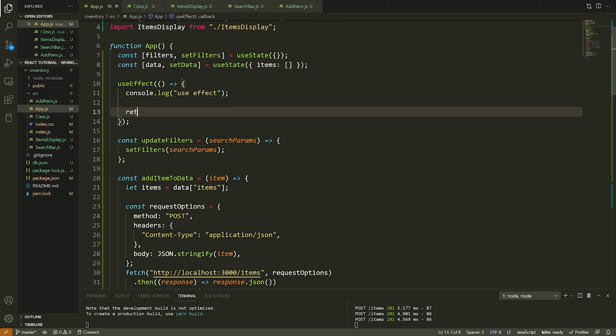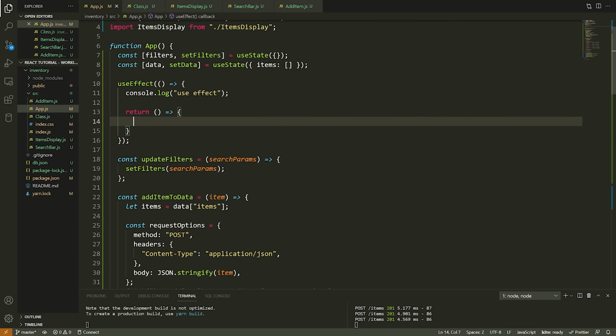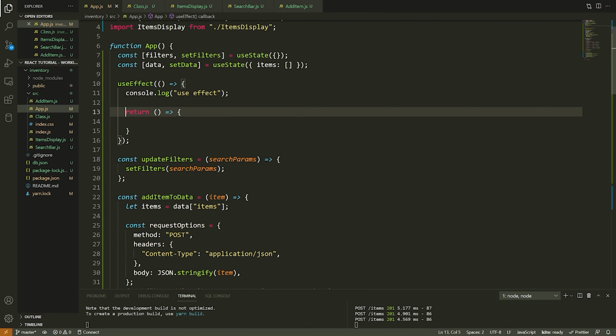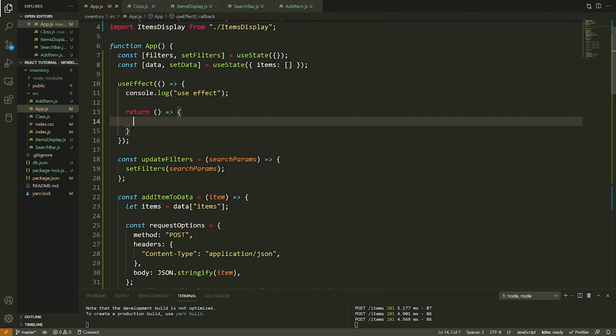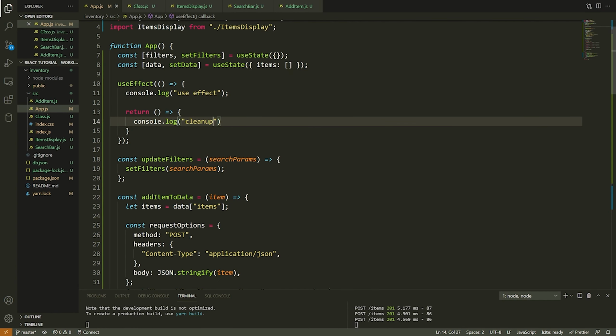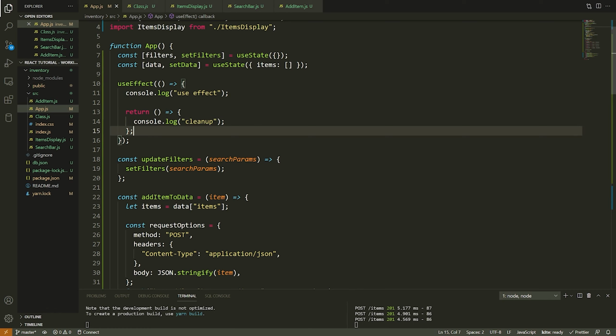And so if you want to have a cleanup operation here, what you do is you say return. You then define a function, and this function will run when the component is about to unmount. So again, exact same thing as componentWillUnmount. Whatever you put inside of the function that you return from the function you put inside of useEffect will run and clean up when the component unmounts. So here, if I say console.log cleanup, well, when the component is about to unmount, this will run. Now we're inside of the app component, which is always on the screen while the server is running, and so this is never going to run. But if you put this inside of another component, it would run when that component is destroyed.